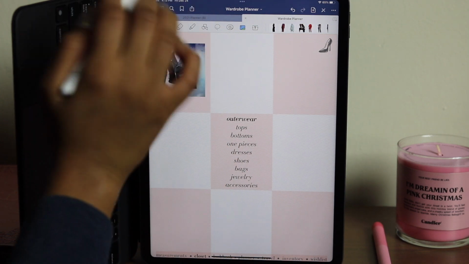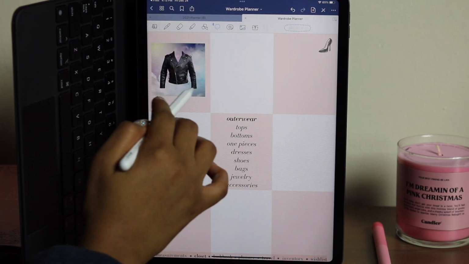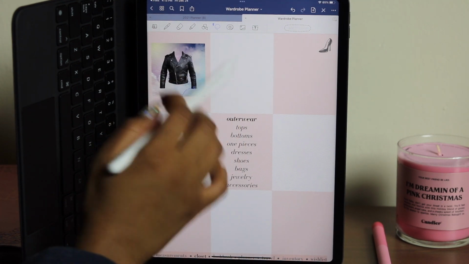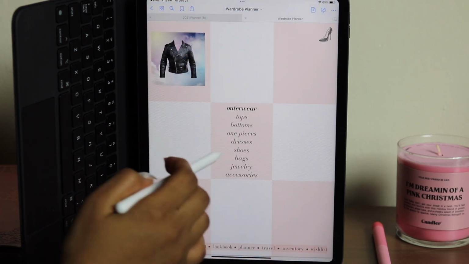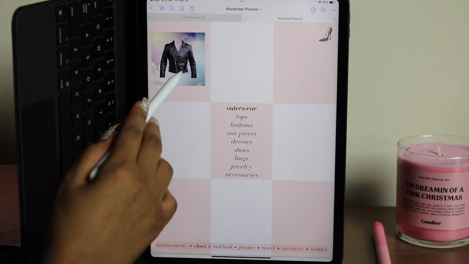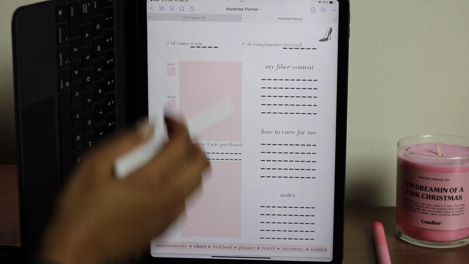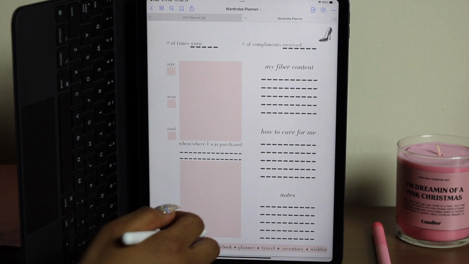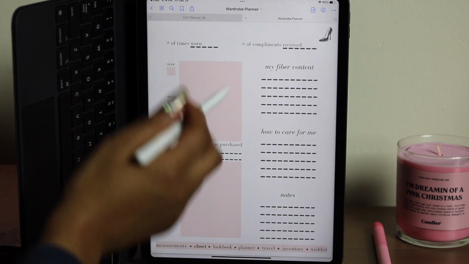So I'm going to copy this picture first because I'm going to need it on the next page. And then I'm going to go ahead and click and take you to the details page. So this is the details page for this item. And you have a few options here. Like, you can definitely